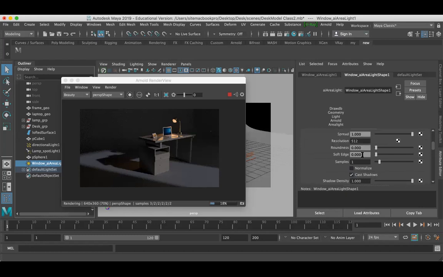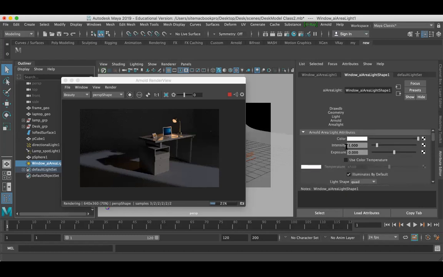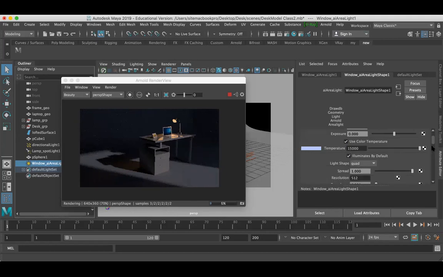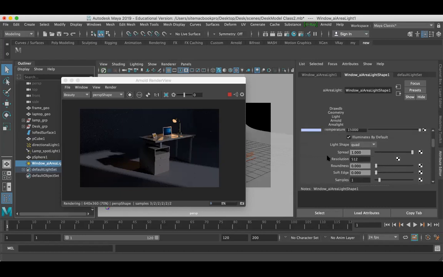Once it is filled, I want to tweak some changes over here. I want to work with the intensity, set to 0.9 something. And color temperature to 15,000, so that I will get more cool color in my scene. And you can see a resolution over here. Resolution is 512. Change this to 1024. It will be spread with the proper resolution at 1024.